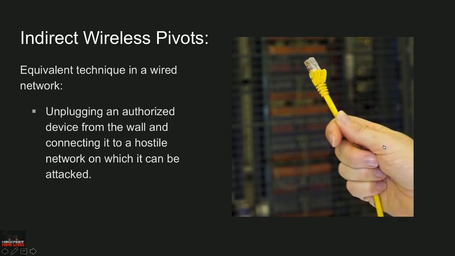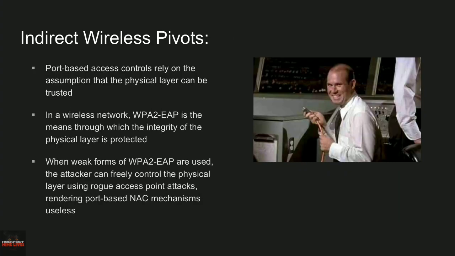So that's the indirect wireless pivot. The equivalent technique on a wired network would be literally unplugging an authorized device from the wall and connecting it to a hostile network on which you can attack it. The reason why this works is that port-based